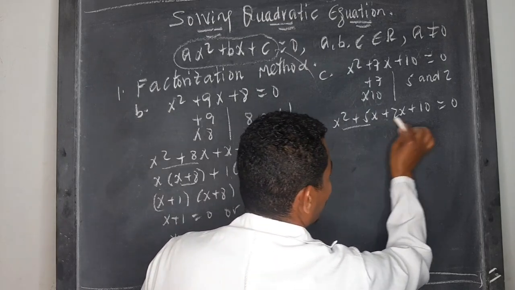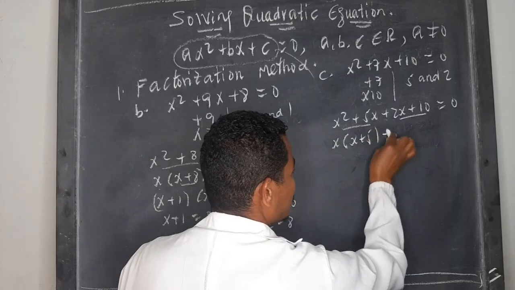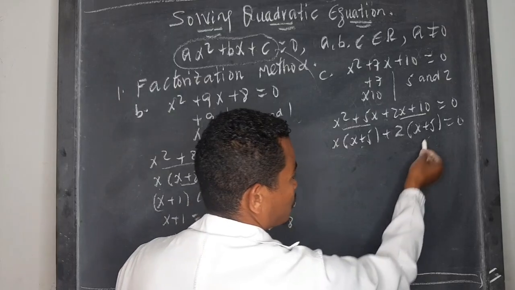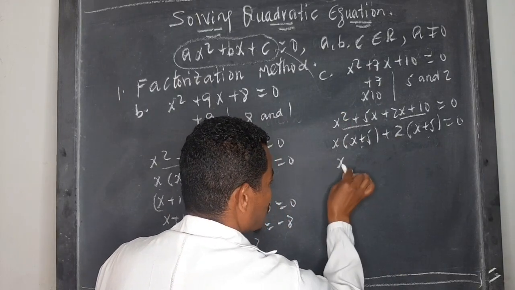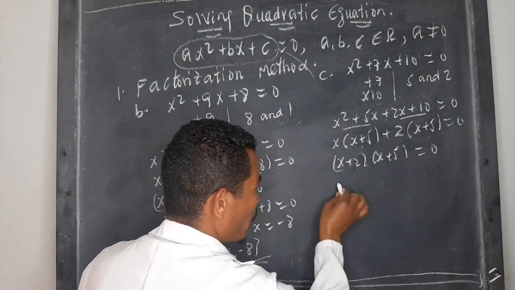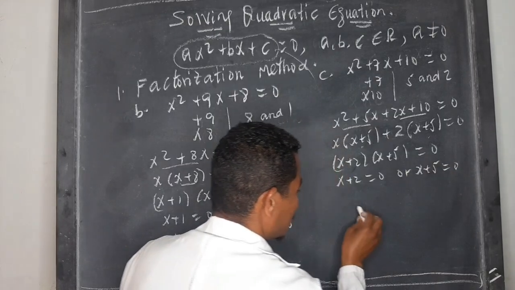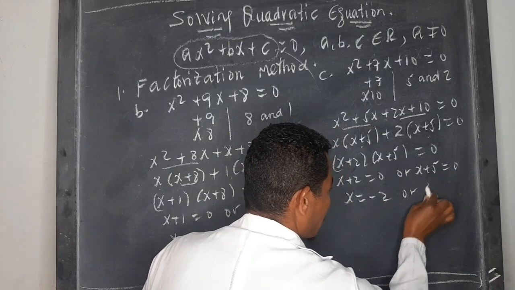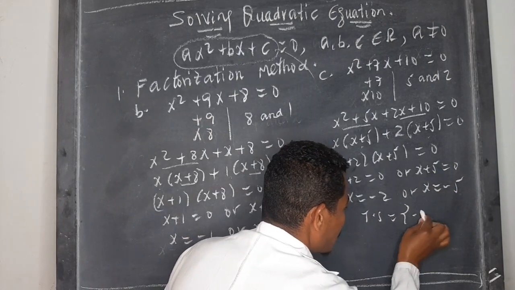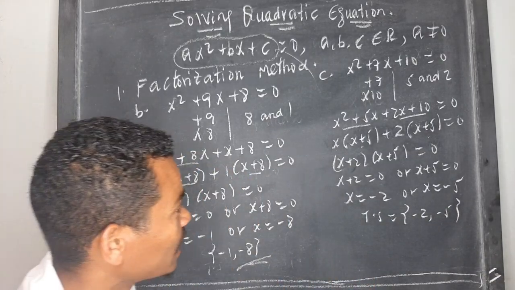Then እቺ ጋር አንድ ላይ እችኛዋን አንድ ላይ እንሰራለን። The common factor for this one is x, x plus 5, plus common factor is 2, x plus 5, which is equal to 0. x plus 5, x plus 5 አንዱን እንወስዳለን። ኮኤፊሽንታቸውን አንድ ላይ x plus 2, x plus 5 which is equal to 0. This is 0 when x plus 2 is equal to 0 or x plus 5 is equal to 0. That is x is equal to minus 2 or x is equal to minus 5. So the solution is minus 2 comma minus 5 ይሆናል ለማለት ነው።